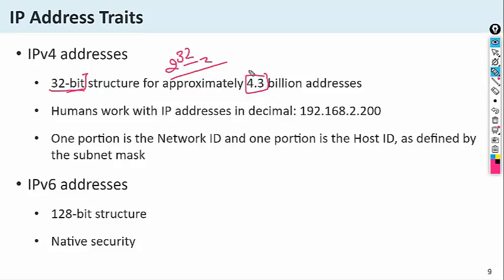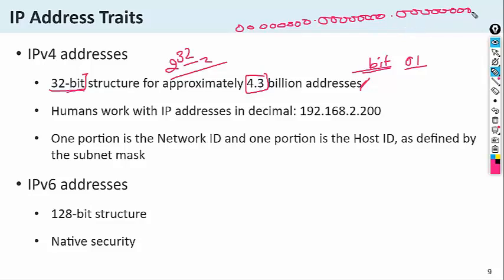And this IP address is generally used in the format of bits, because this is a binary value. Binary always uses 0 and 1. So a total of 32 bits means 8 bits, 8 bits, 8 bits, and a dot, 8 bits. So this is the format of the IP address